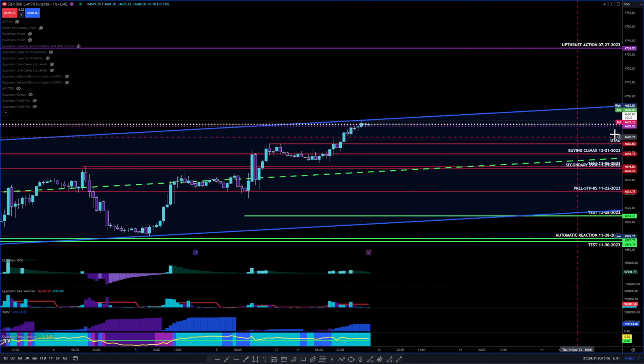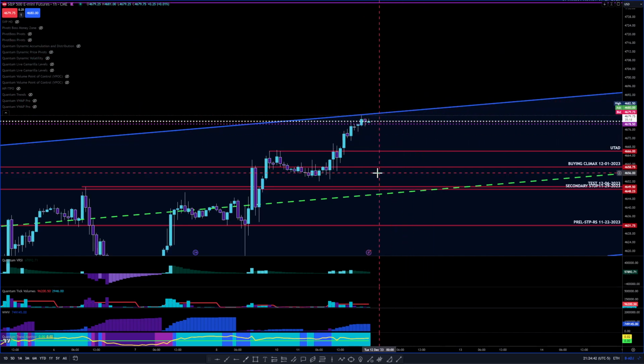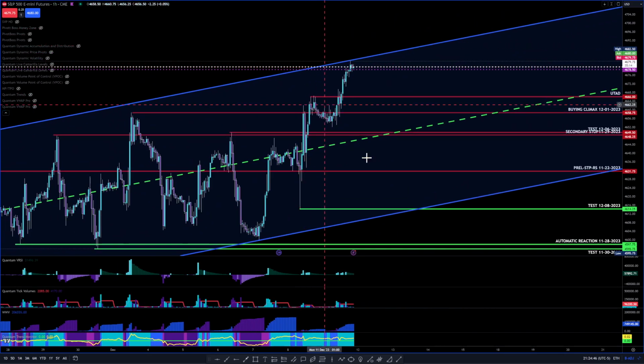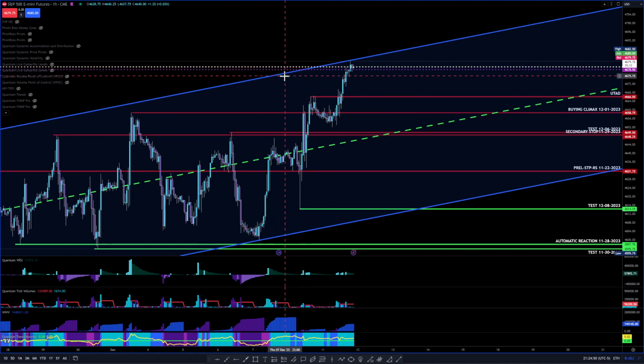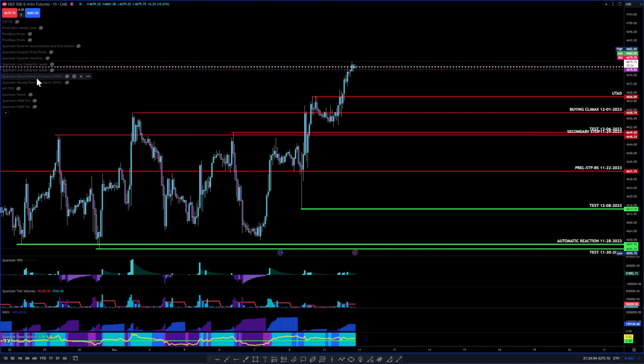Let's see what happens here, man. We got a breakout of the top of this channel here, which is roughly here at 46.82.75, which is basically the high, right? So it's looking bullish for now, but just be mindful that it could turn bearish at any second, right? Because we're running into some serious resistance.